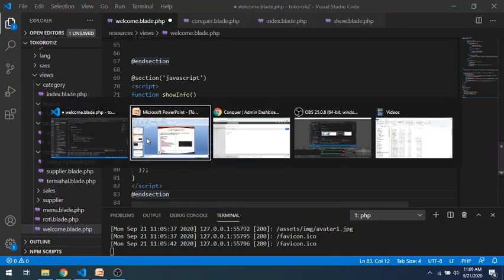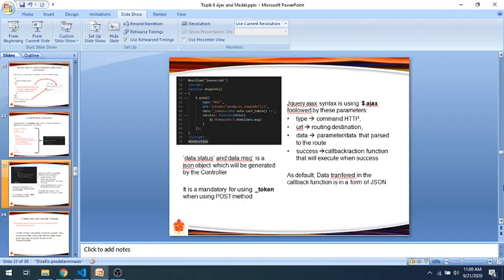Then next we create the route. There is an explanation first. We will return JSON that has status and message.